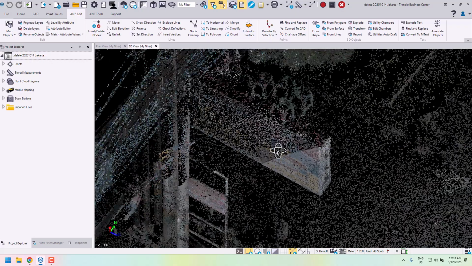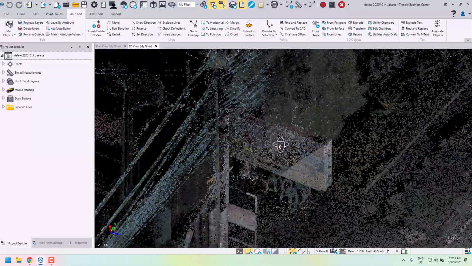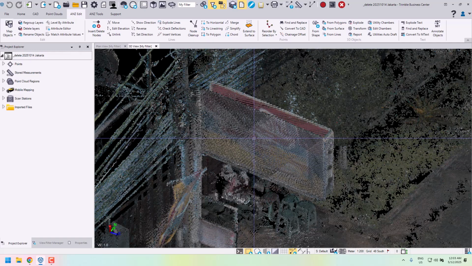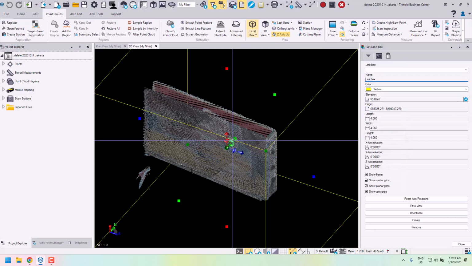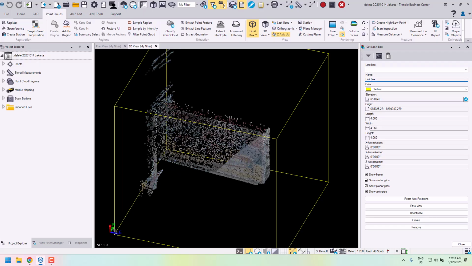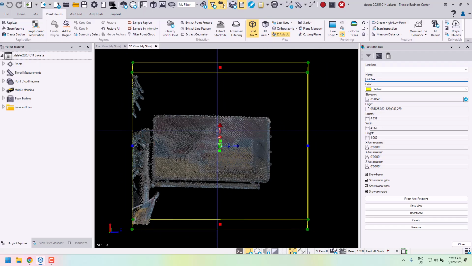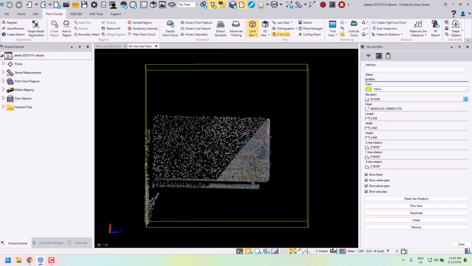Okay, just having a look here. We've got the sign. You could see it's been scanned with mobile mapping, so we've actually got both sides of it quite easily as the run went past. And we're going to start off just with a limit box. And we can see there. So really with the limit box in place, then we could start to move that in